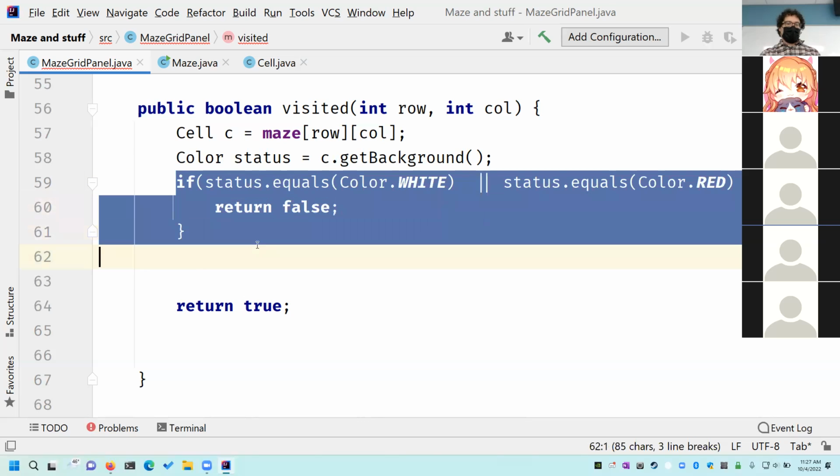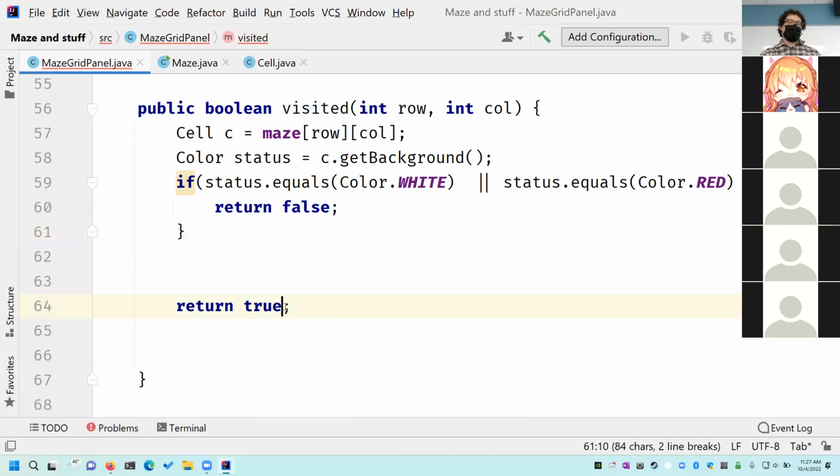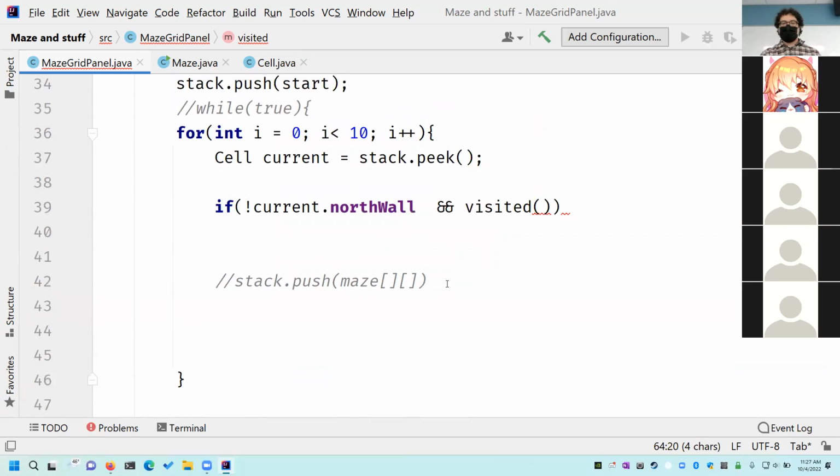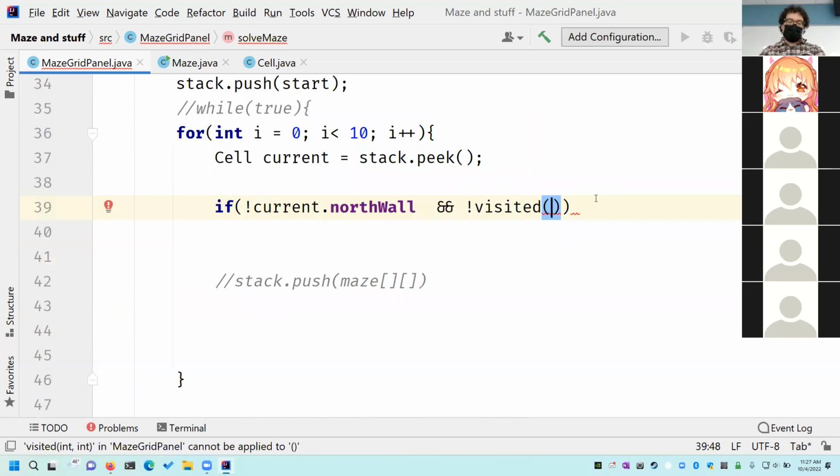If it's white or red, you haven't been there yet, so return false because it's not been visited. Otherwise, you've been there, so return true. So what we're going to say is, if we don't have a north wall and we haven't visited the square above me, which is current,